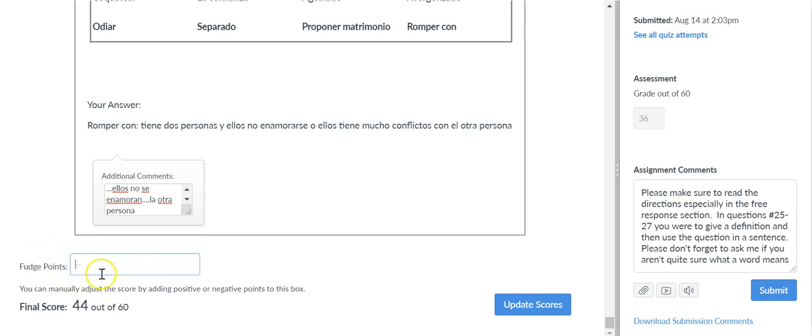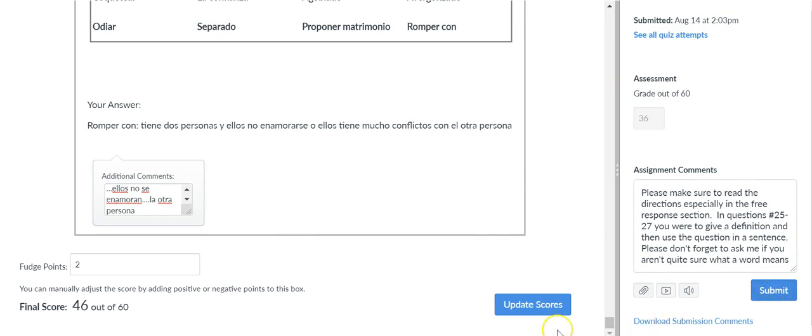So down here in this box, you can actually hit 2, and then you can fudge the points if you're wanting to give a few extra points for extra credit or what have you. Now, I don't do this for every assignment, but it's the first quiz and I understand. Now, what you'll need to do after you have all this done is